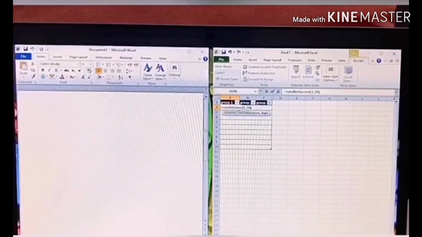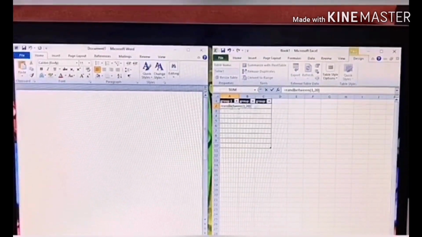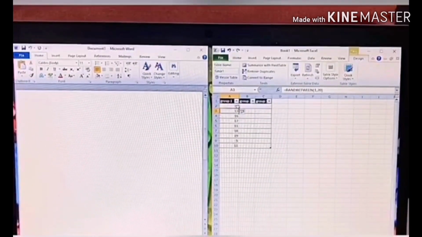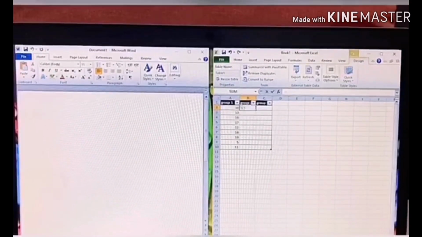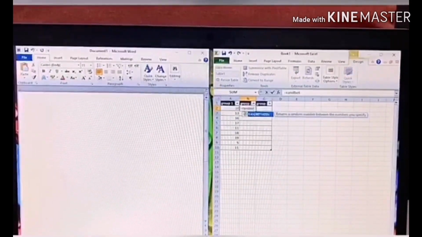It's up to you to use whatever number you want. Equal range between